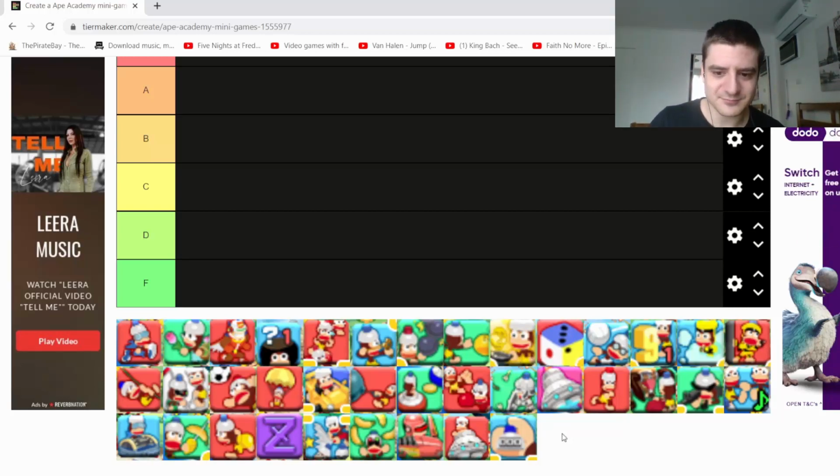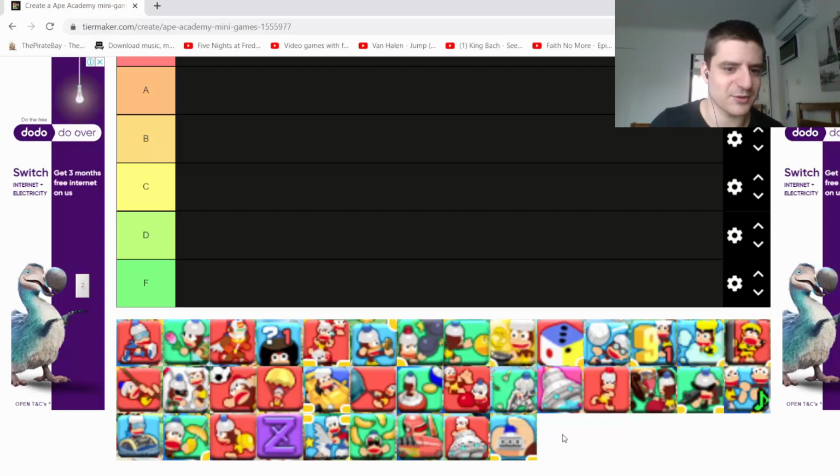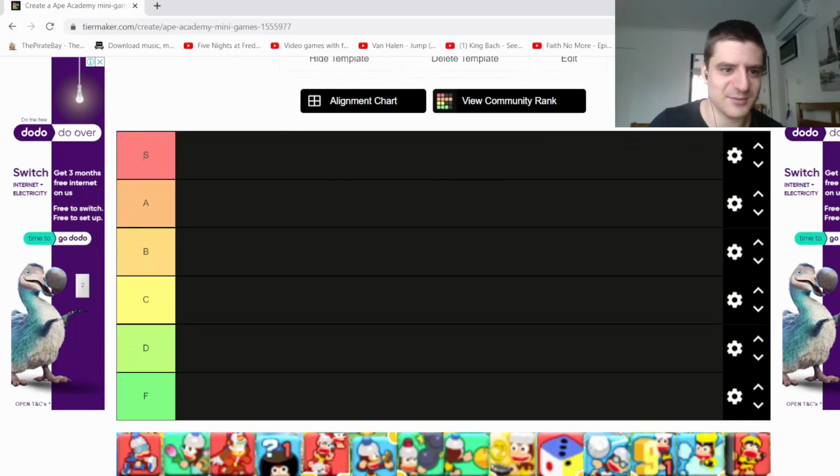I've recently been sort of spamming this game, going through all the teacher things over and over trying to get all the figurines. So I figured I would do this. S is going to be the best, and then A, B, C, D, all the way down to F